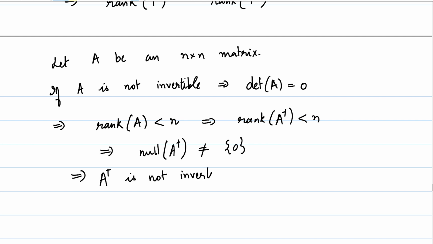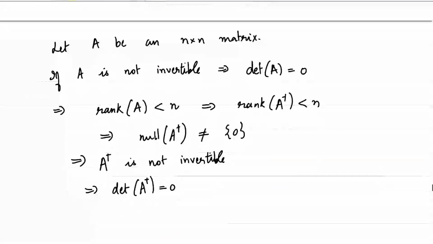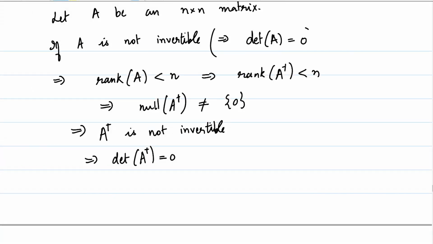But what do we know about matrices which are not invertible? We know that its determinant is 0. So this implies that determinant of A adjoint is equal to 0. So this conclusion stands aside. So let's see. Let it be there. This is the implication here. Anyway, so this helps us conclude that if A is not invertible, determinant of A is 0 and determinant of A adjoint is also 0. But what about